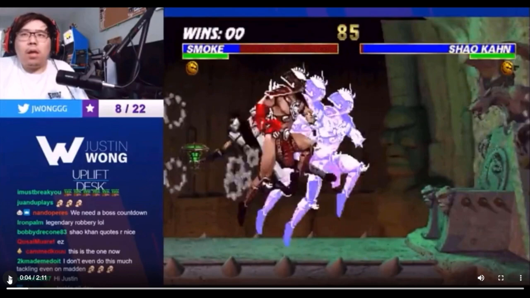For those of you that may not be too familiar with the game, Ultimate Mortal Kombat 3, Shao Kahn has two charge moves. One is completely horizontal, that's done on the ground. It's definitely hitting you with the shoulder. The upward charge, it could be the knee, it could be the shoulder, it could be the forearm, it could be all three as hard as he hits you. Regardless, Justin did a teleport with Human Smoke, and Shao Kahn hit him on the other side of the screen